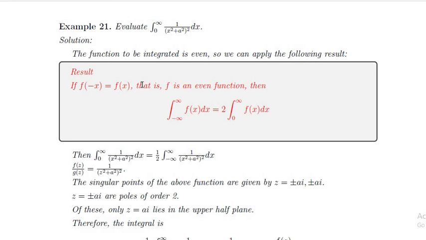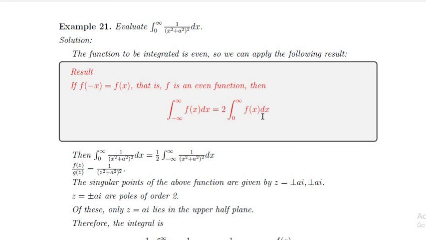Consider this example. Evaluate the integral from 0 to infinity of 1 by (x square plus a square) the whole square dx. Actually, the second case is the integration within the range minus infinity to infinity. Then we can convert the given integral to that form using the result from the integration. That result is: if f of minus x equals f of x, that is, f is an even function, then the integral from minus infinity to infinity of f of x dx is equal to 2 times